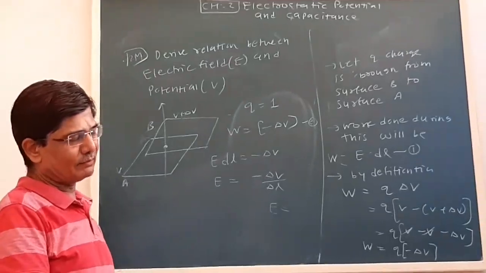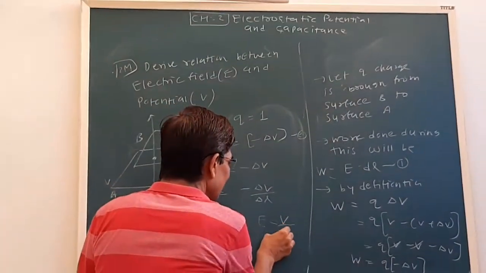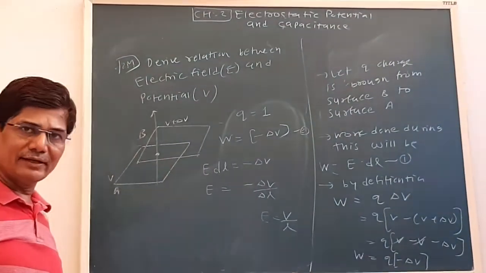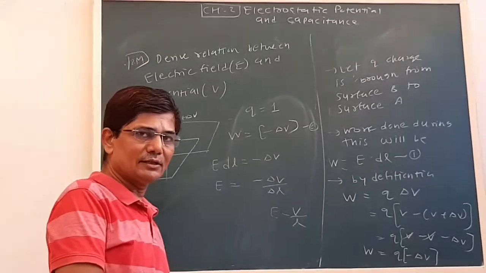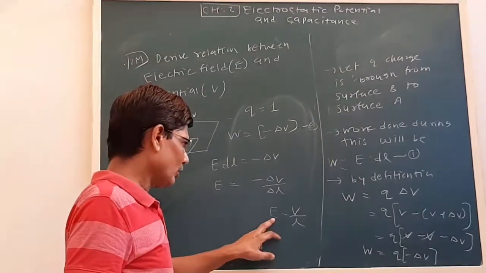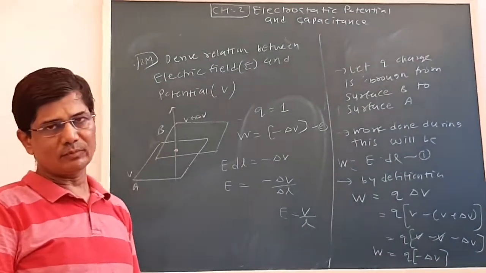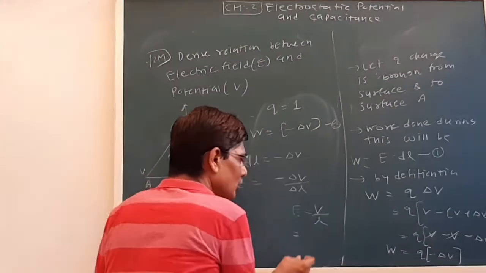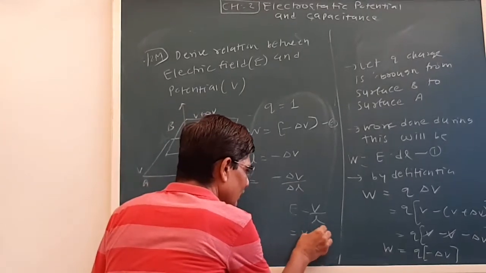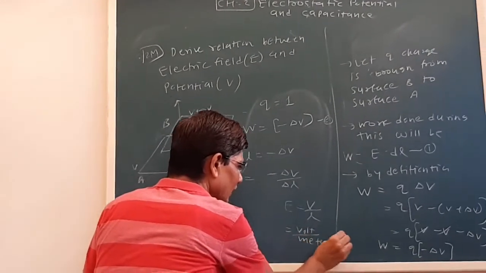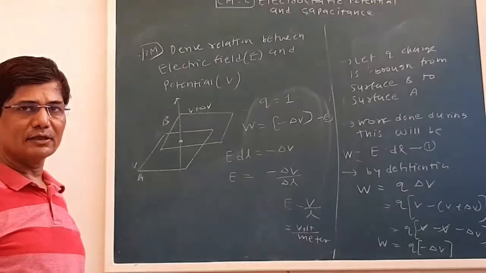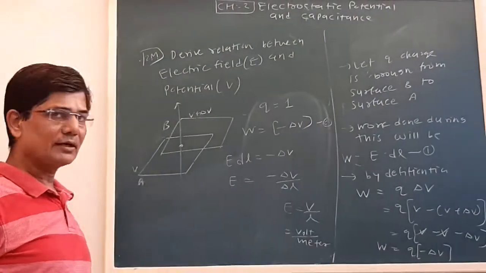In the generalized formula, we can obtain the second unit of electric field by using this. E is V by L. In the first lesson we just wrote the unit only, but now E is capital V upon L, that is potential upon distance. What will be the unit of electric field in that sense? It will be volt per meter. This is how we can study the second unit of electric field also.